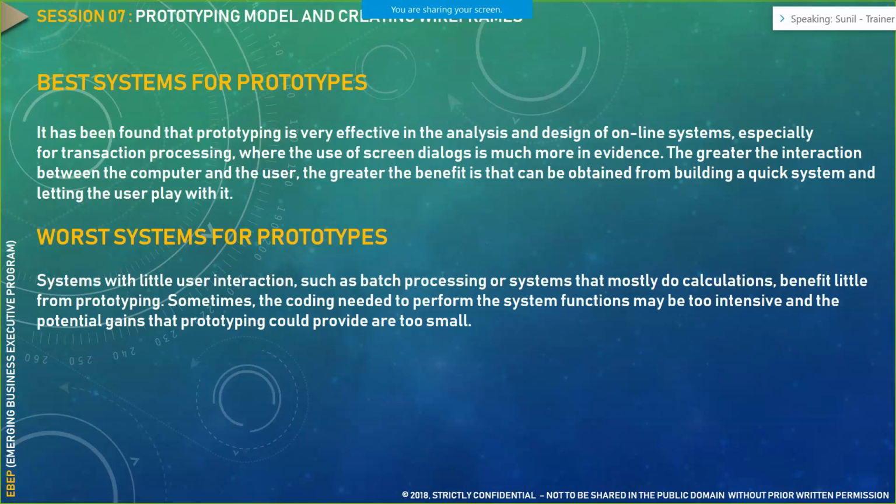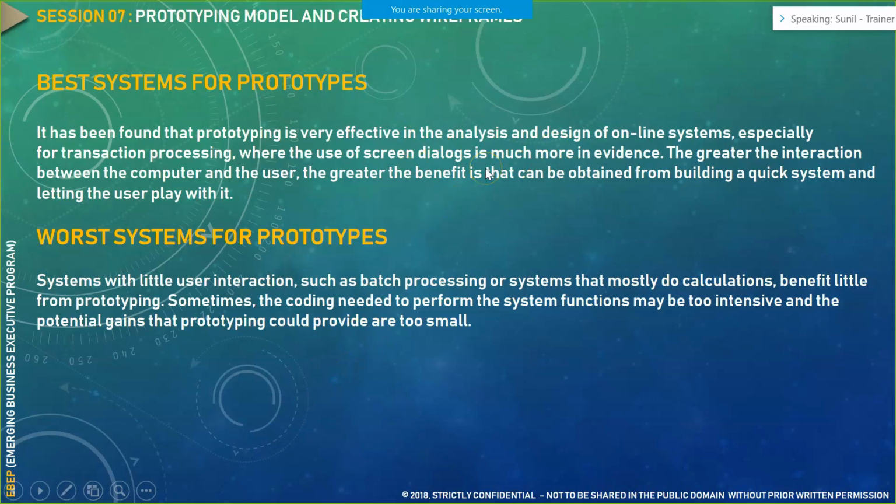Like I said, you would be in a position to capture some of the information like user demographic information or registration of a particular user. Those are the systems wherein you would be using prototype to the maximum level. But what are the cases wherein you won't be using the prototyping approach? Systems like batch processing or daily transaction processing, systems that do some calculation. These are the systems wherein you should avoid using prototype.